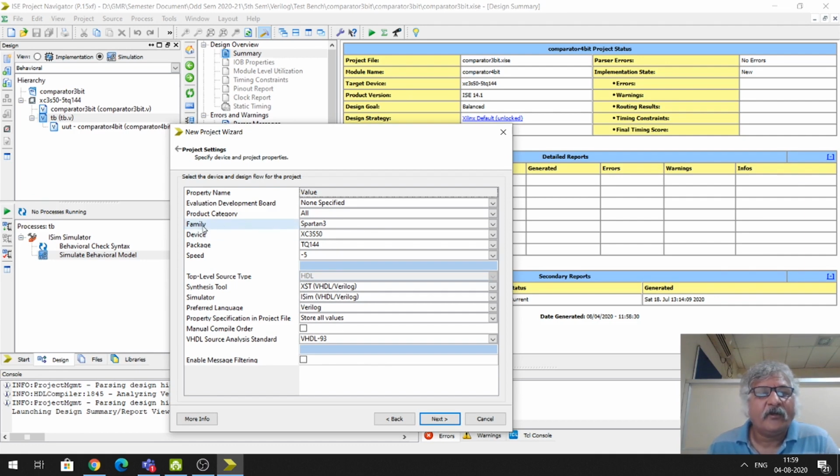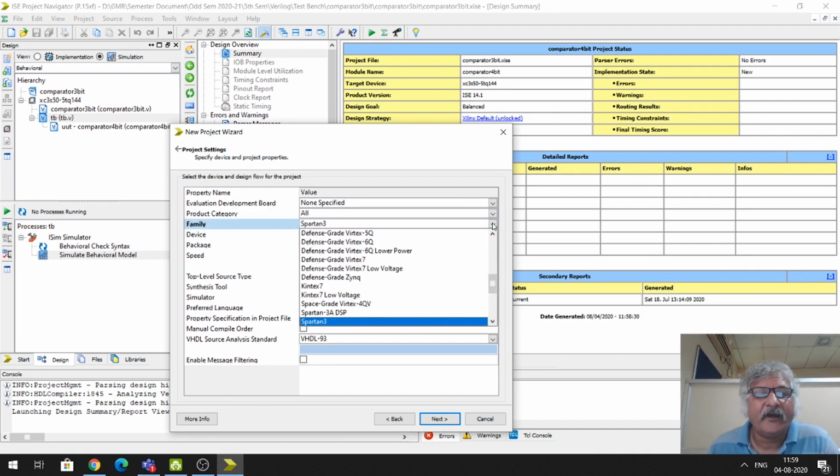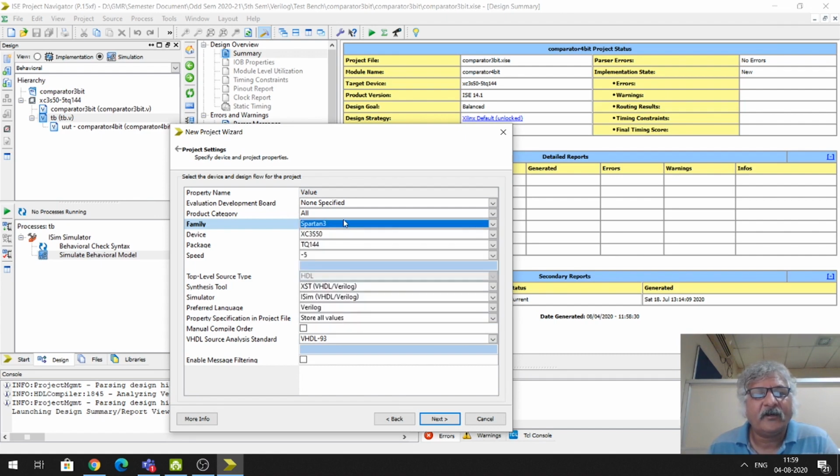Here you see family. By default Spartan 3 is selected. You can select any family depending upon which particular FPGA board you have. We will not change this because I am not going to the implementation part right now.